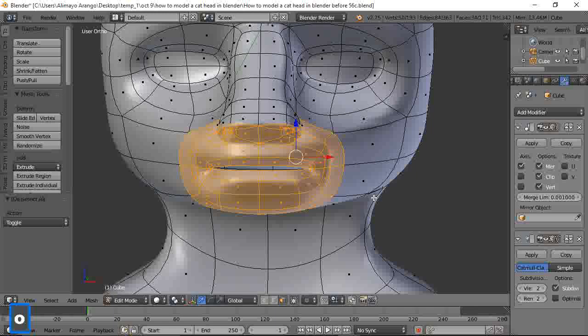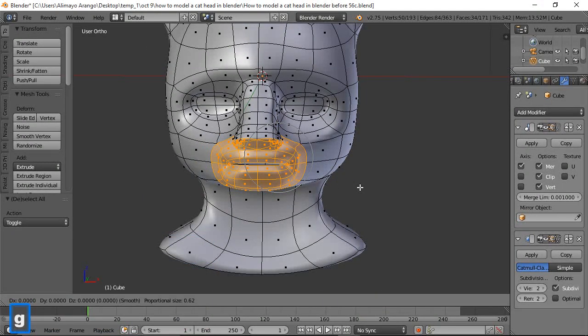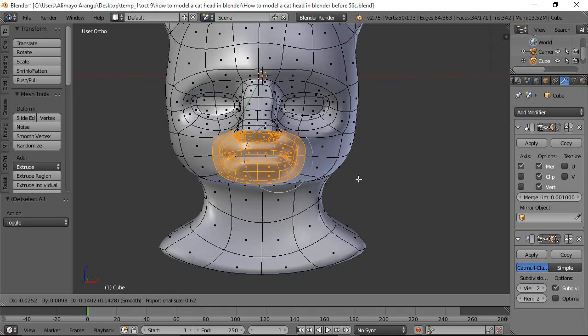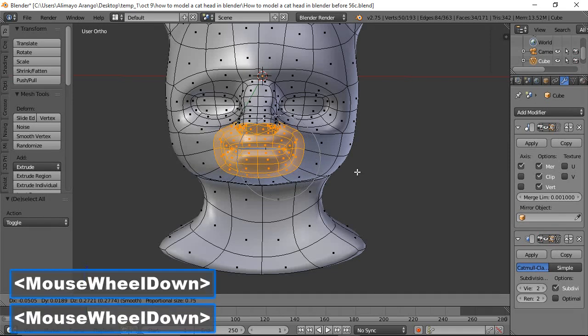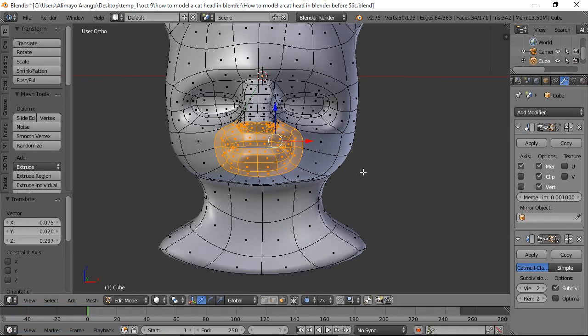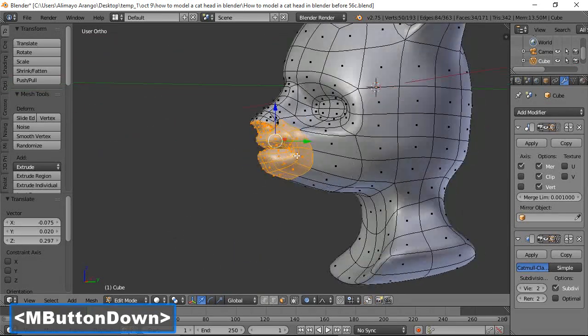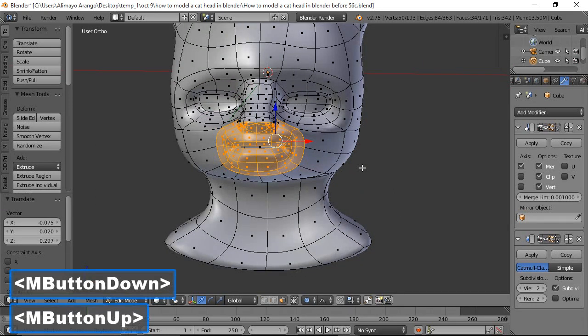I'm going to press the O key to turn on the proportional editing tool. I'm going to roll the mouse wheel to zoom back. I'm going to press G. I'm just going to move this up and in. Roll the mouse wheel back some. About like that. Left click to lock in. Actually, let me take a look here. Okay, I'm going to press A